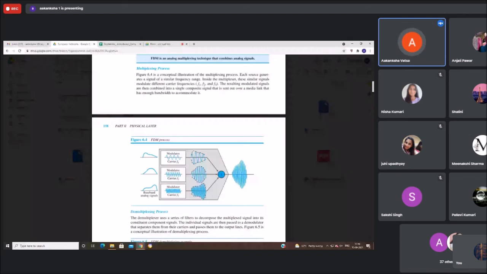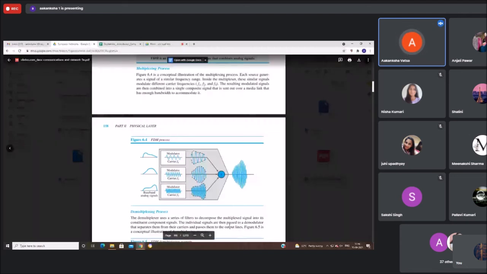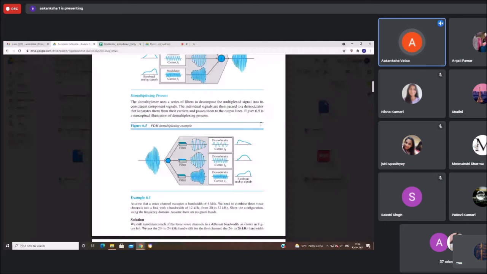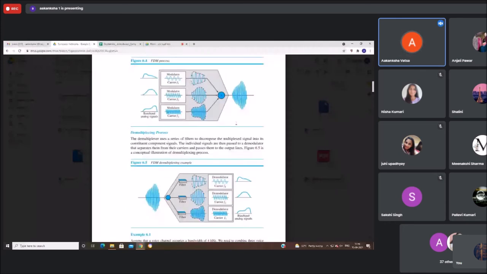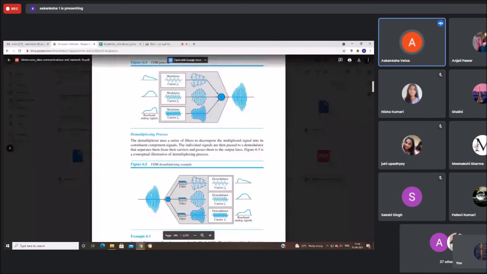Is that clear? Then we have the demultiplexing process. So अब जब ये तीनों वेव को कंबाइन किया हमने, तो हमारे पास एक पर्टिकुलर सिग्नल बन गया, दैट इज द एक्चुअल आउटपुट बाय प्लस। तो अभी जो मेरे पास सिग्नल आया वो मल्टीप्लेक्सर का आउटपुट है फिगर 6.4 में। फिगर 6.5 में आप देखो, तो ये सिग्नल का आउटपुट था यहाँ पर 6.4 में, वो अब इनपुट है, क्योंकि वो आपने ट्रांसमिट किया चैनल पे, वही आपका इनपुट हो गया रिसीव्ड बाय द डीमल्टीप्लेक्सर।